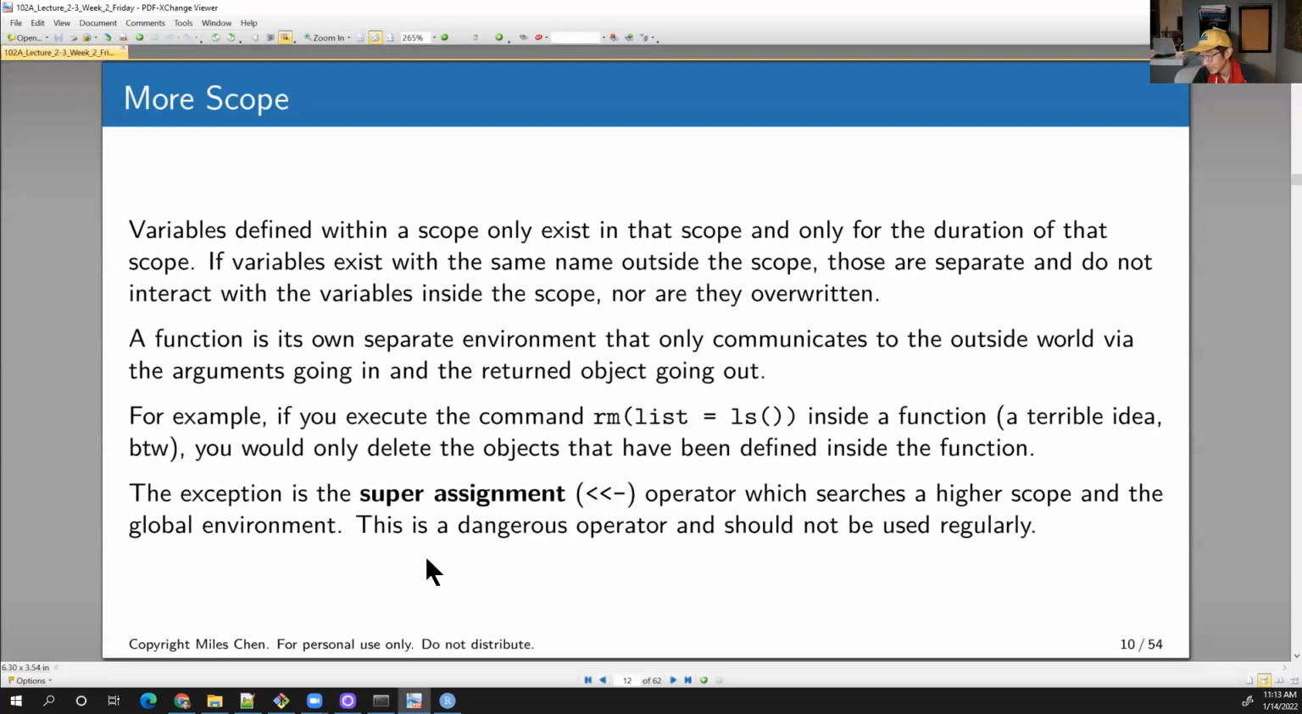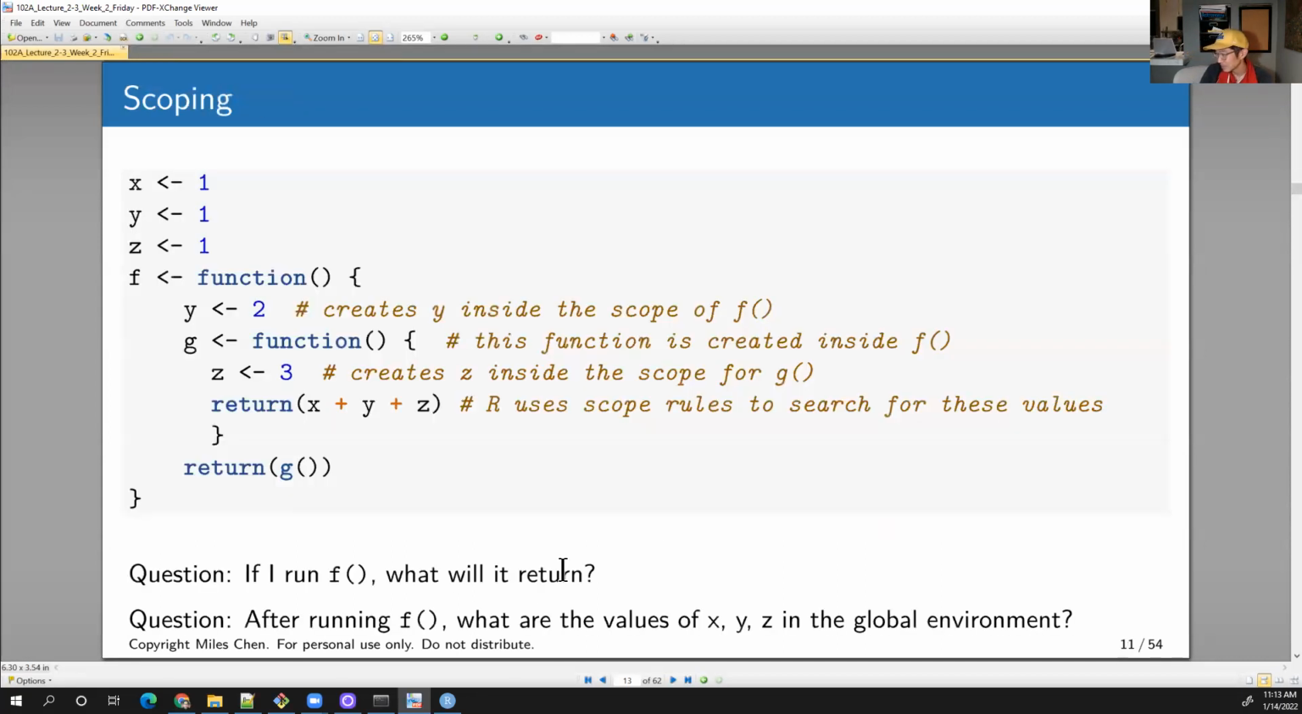So yeah, with great power comes great responsibility. Yeah. Oh man, that was heartbreaking. But don't use the superassignment. This is my recommendation. Okay, we got x, y, z is 1, 1, and 1,